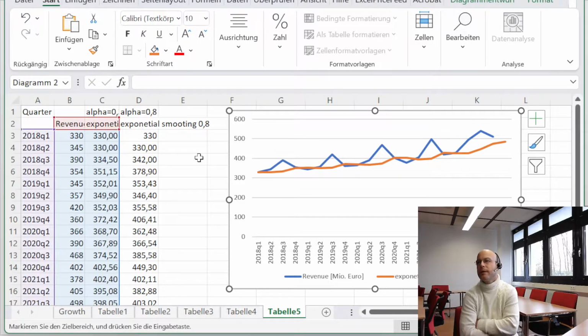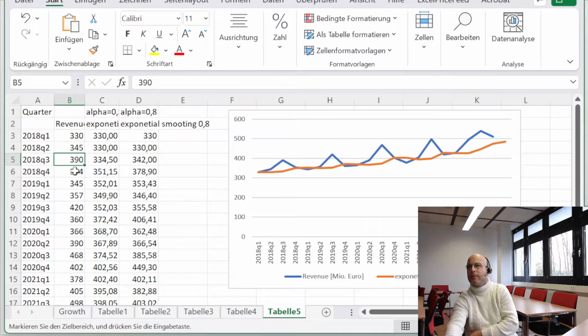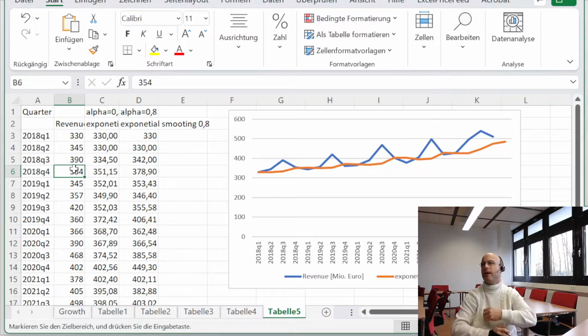And this you should also keep in mind doing statistics. Yes, of course, closer to the blue line, because now the explicit value of our data becomes more important. The weight here of the 390, 354, 345, and so on. So we take 80% of this value in our forecast, and therefore we should be quite close to